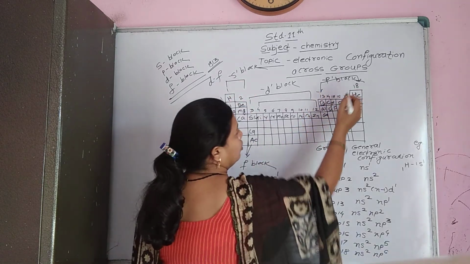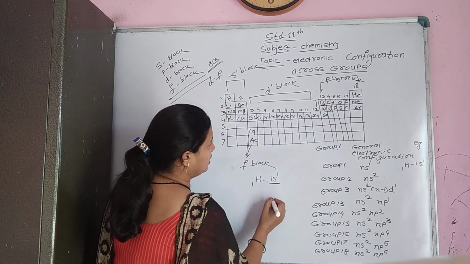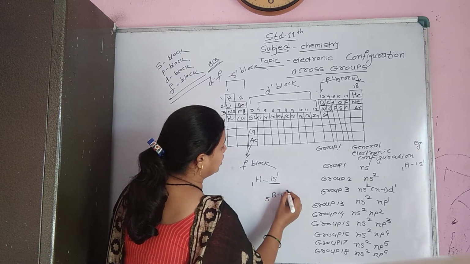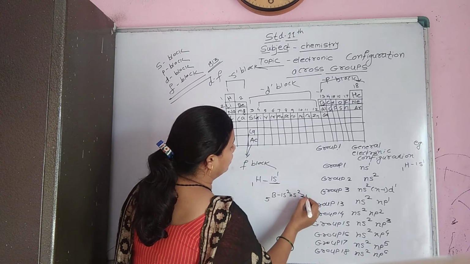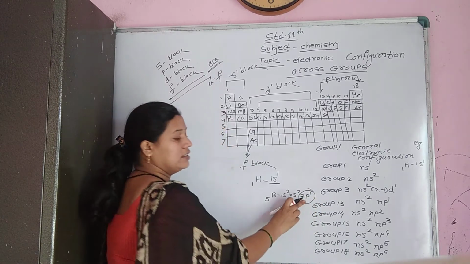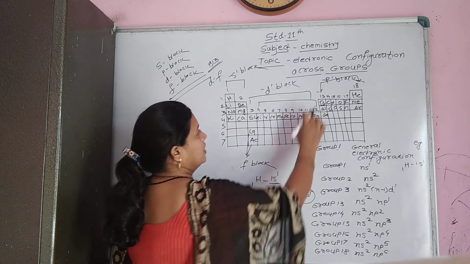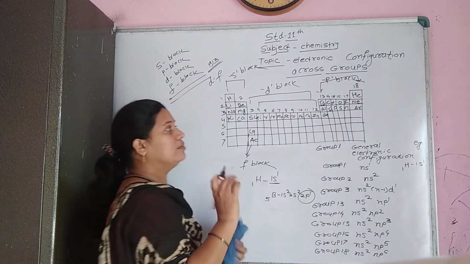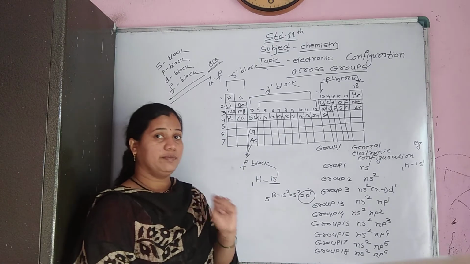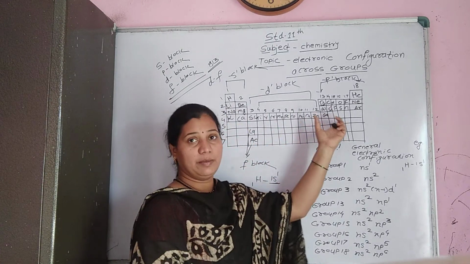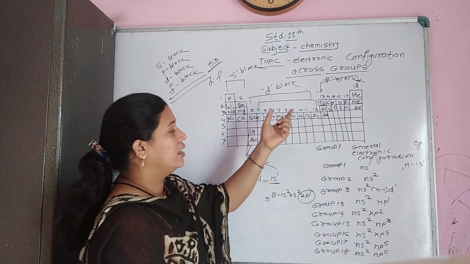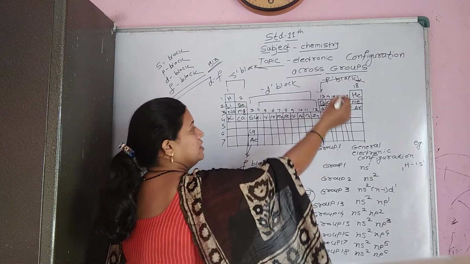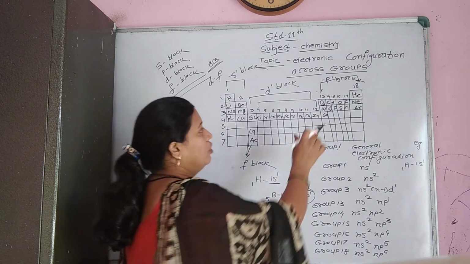In case of the p block, like boron, atomic number 5, electronic configuration 1s2 2s2 2p1, the last electron enters the p subshell, so boron is placed in the p block. Helium is the exception. Helium does not contain a p subshell, but it is still placed in the p block because helium has a duplet, meaning a complete electronic configuration, so it is placed in group number 18.